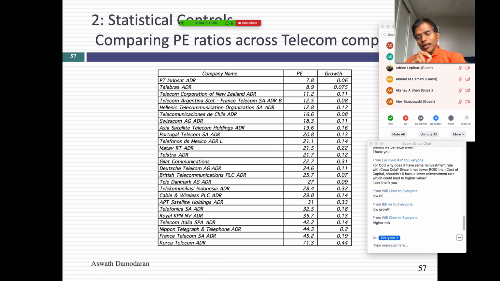Remember, these are the late 1990s when emerging market companies were really, really risky and developed market companies were much safer on a relative basis. If you look at the sector, I have Deutsche Telekom and Danish Telecom in the sample in addition to Telebras and Indosat. So in addition to lower growth, Indosat and Telebras happen to be in very risky emerging markets. So I have 2 worries, right? Low growth and high risk. I can tell you stories, but I'm going to dance myself into a corner.